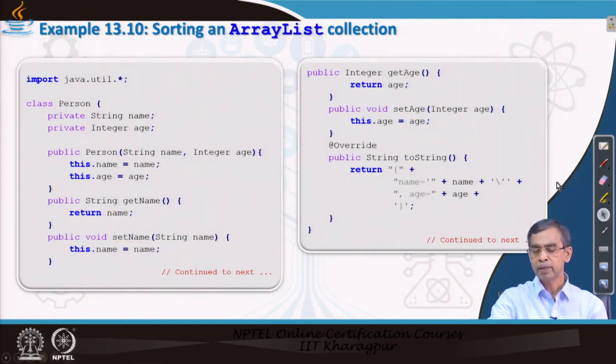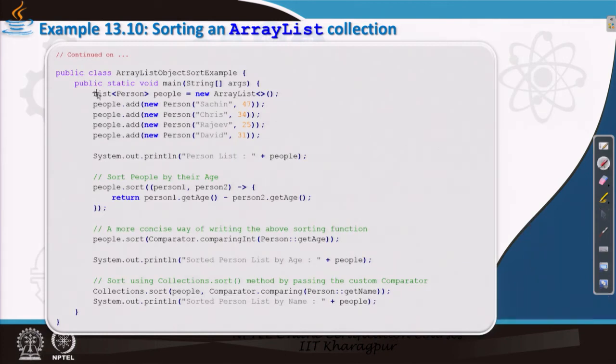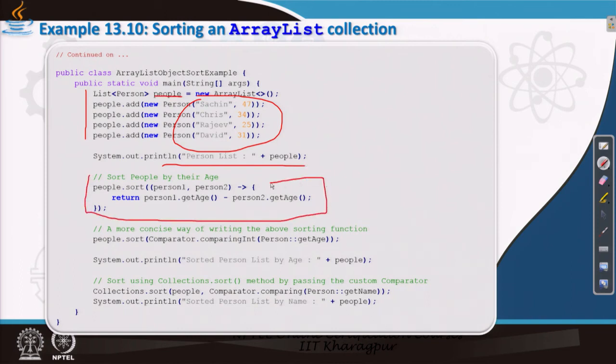Now, let us see the comparator method with which we can sort according to age. There are two attributes, so we can do the sorting either with respect to name or age. I can show you one example which shows, with respect to age, the integer, how it can be sorted here. First we create a collection, the name of the collection is people, and we initialize the collection with some elements in it. After creating the collection it prints, and then here we can see how the sort method can be called using this.